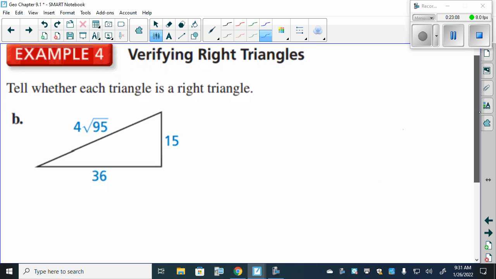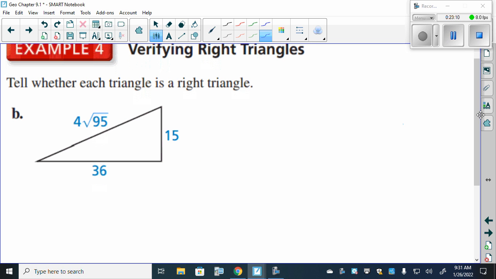Does the Pythagorean theorem state that in a right triangle a squared plus b squared equals c squared? And the converse is saying,